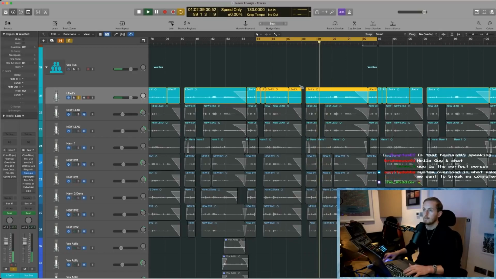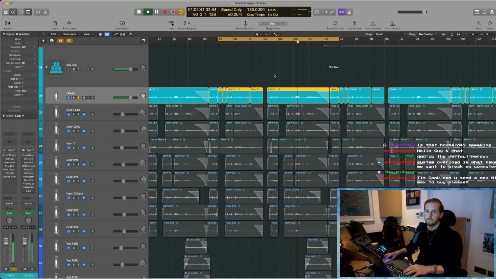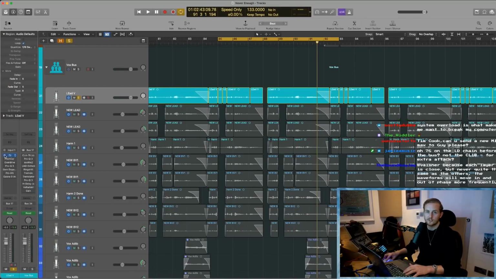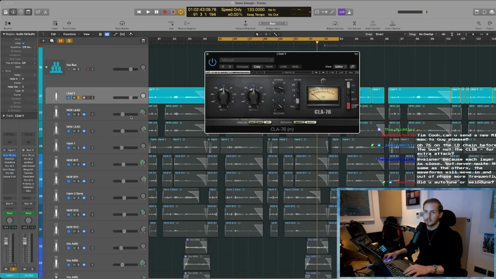God damn it. There is a Soothe on here. If I take it off though, it's going to start being out of time. So we'll persist. So yeah, first up, compression going through this Waves